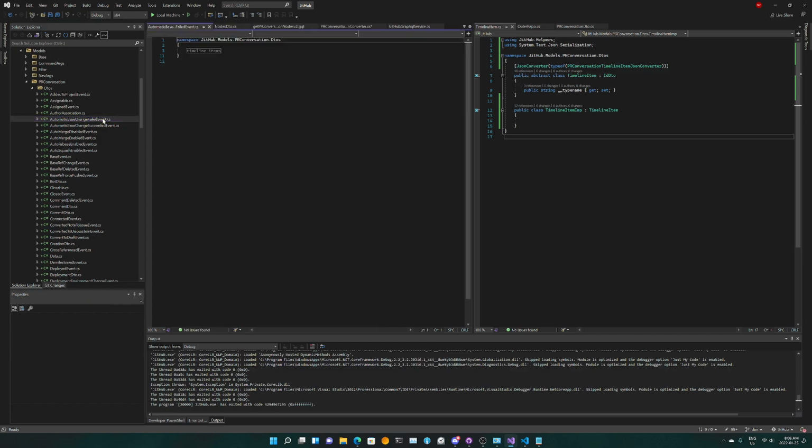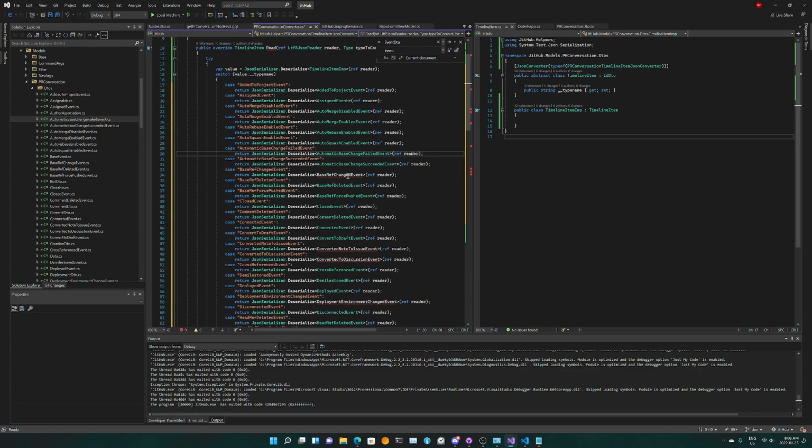Okay. So let's go in here, delete the region that we don't need, and save. It seems like it's okay now. Same thing happens here. So base ref change event. Where do I have base ref change event? Base ref change event.